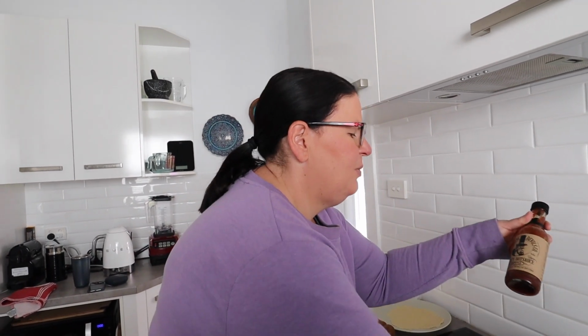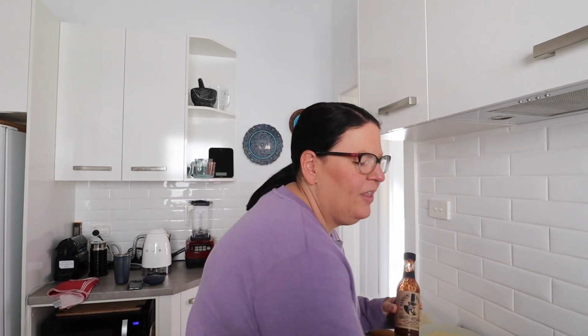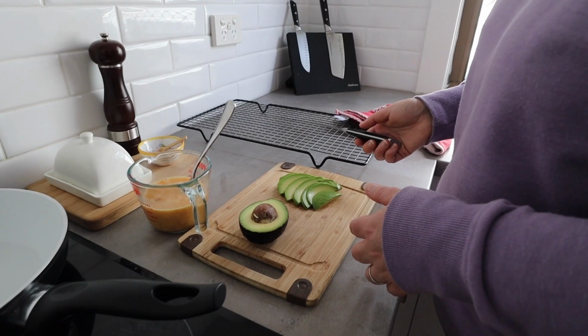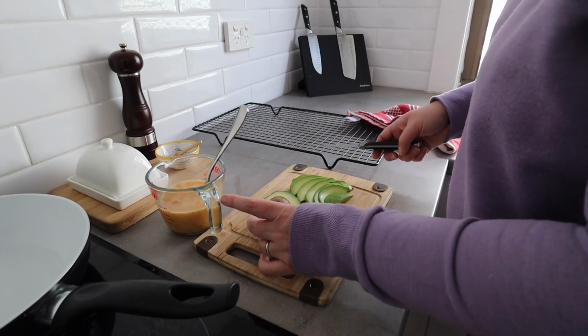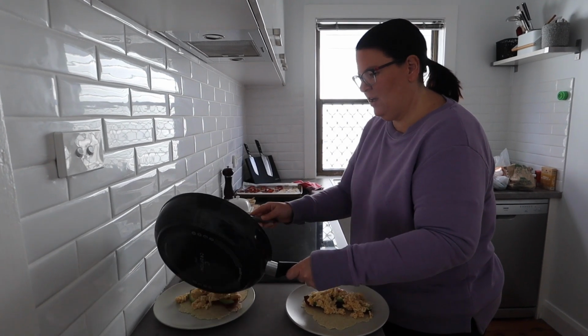And I thought I might just put a bit of this chipotle hot sauce in with the eggs, just a little bit, and then fingers crossed that it's a nice avocado. We'll see. Hit the jackpot, guys. Look at this avocado. It's perfect. Bacon, egg, avocado,